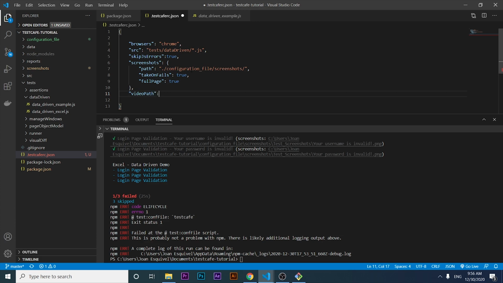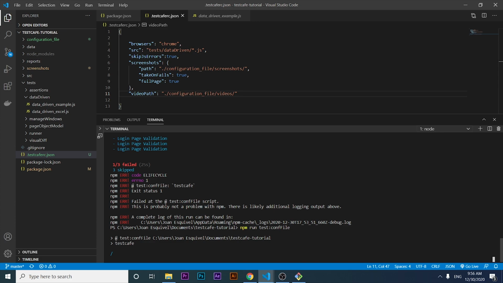Inside of this video path we can specify where my video is going to be recorded. So I'm going to specify the root directory, then I'm going to use the same folder that I created before with the configuration file for the screenshots, and inside of this folder I'm going to create another folder named videos. We have differentiated our files, and if I run this again, as you will see,